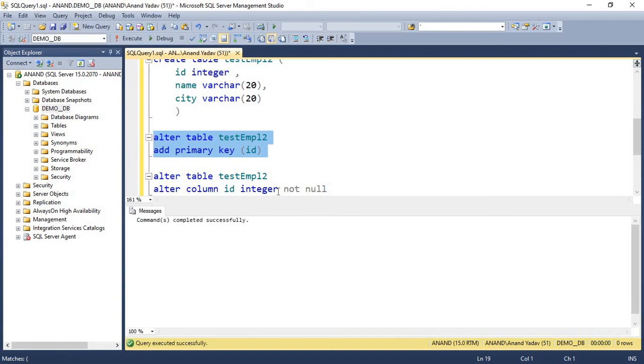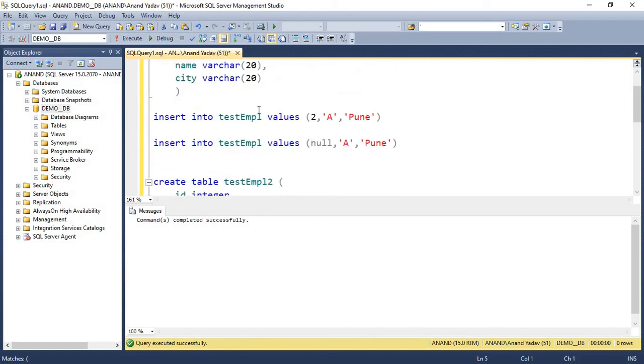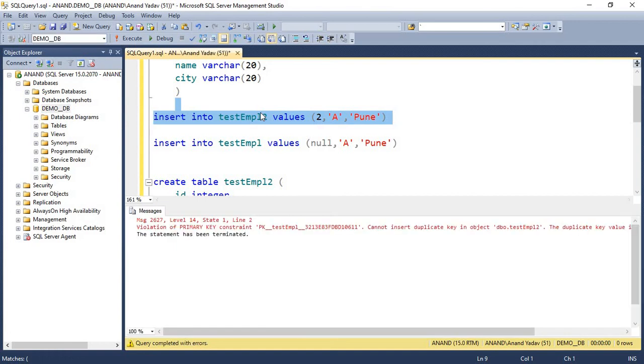Yeah, now it works. Let me quickly insert those values to verify that it is working correctly. Yes, it's working, and now again I'm going to try to insert a duplicate record, as 2 is already inserted in test employee2. So I'm getting the error message. Now let me try to insert this